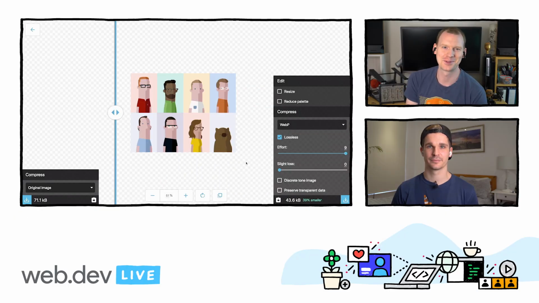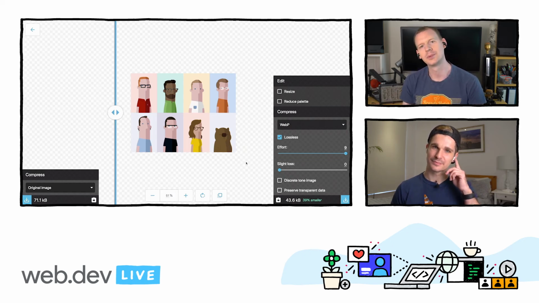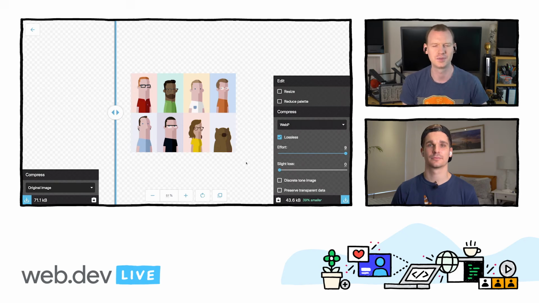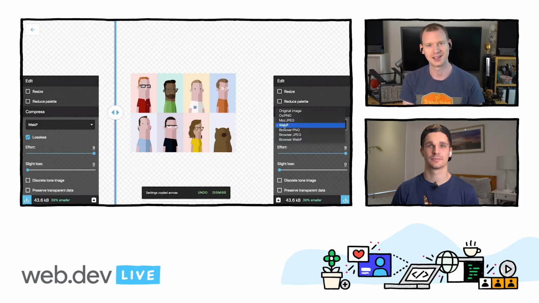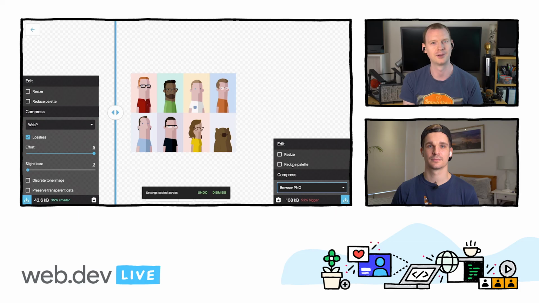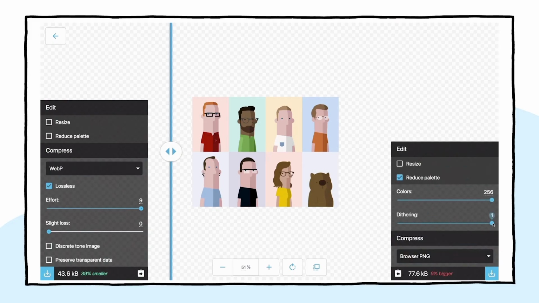There's this slight loss option, which I know we found very funny. It's great, isn't it? And what it will do is it will change the pixels to try and make them more predictable. I actually don't like the visual effect it introduces, so I don't really use it, but your mileage may vary. It's fun to play with. But remember when I said earlier that these formats do really well with 256 colors or less? We're going to do that. We're going to reduce the palette down. Because it doesn't look like this image has a lot of colors, but because of the anti-aliasing around all of the curves, it's got lots of slight variations, blends of one color to another.